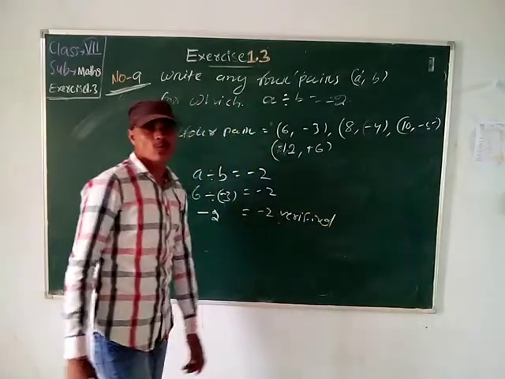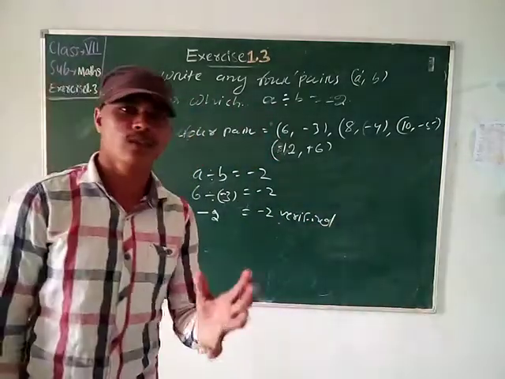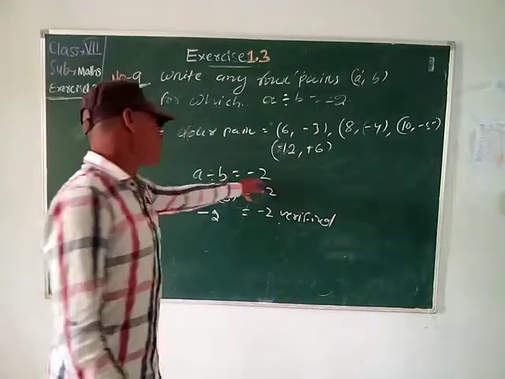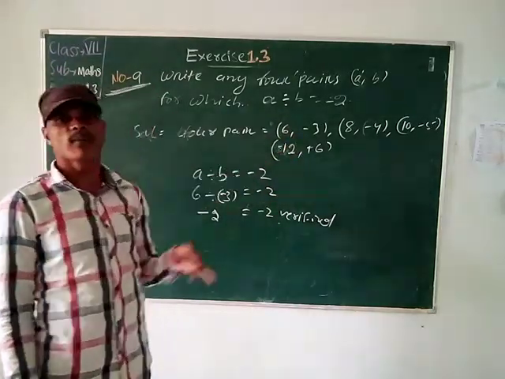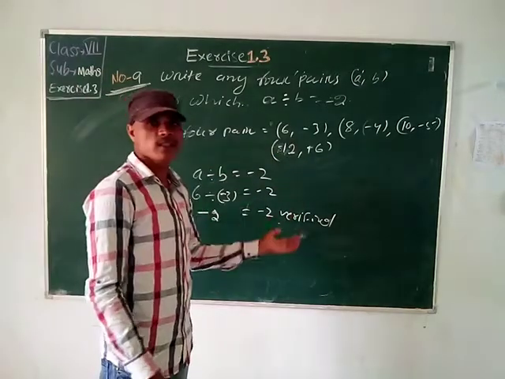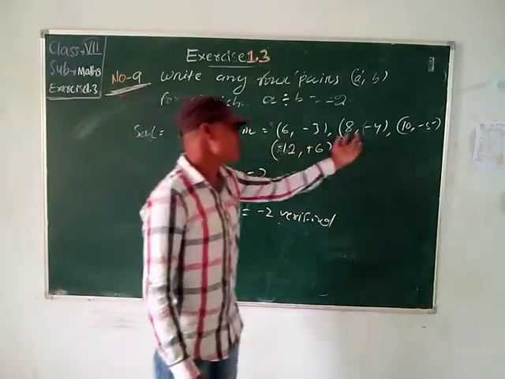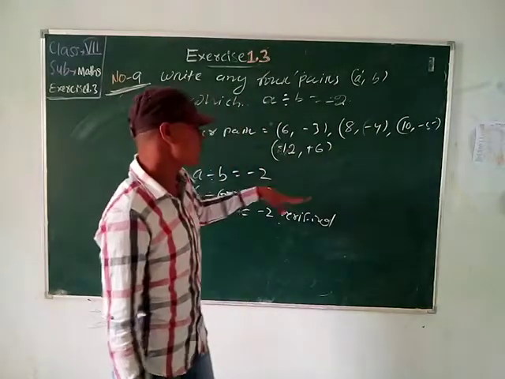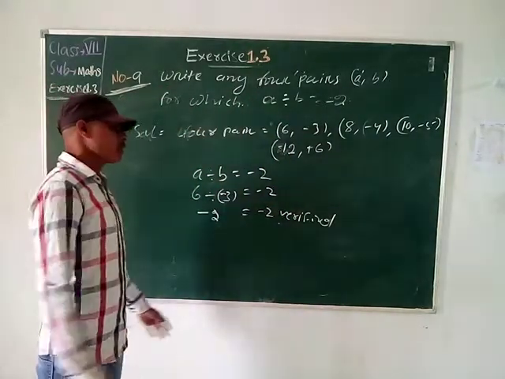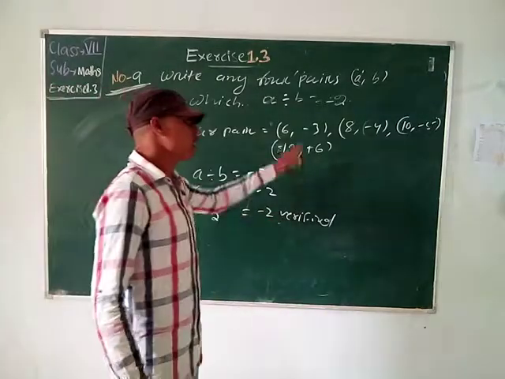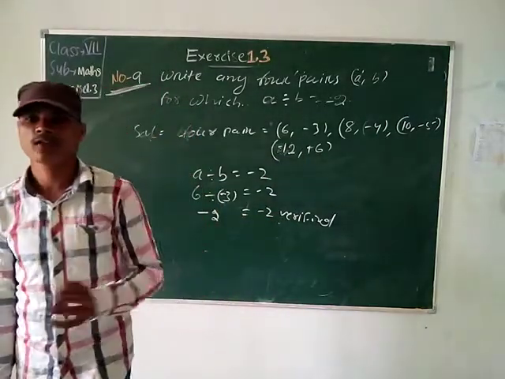So what do we learn here? We learn that when a divided by b equal to minus 2, the dividend is twice the divisor, just twice of the divisor, next twice of the divisor, and so on. Then we can verify all these numbers, a divided by b equal to minus 2, and these are the pairs. You can also take many numbers yourself.